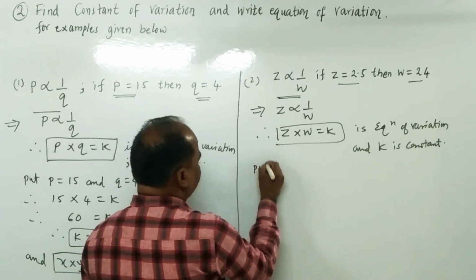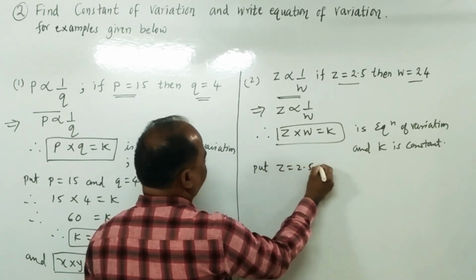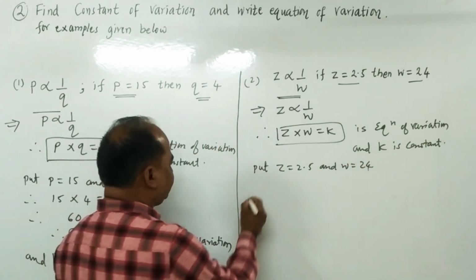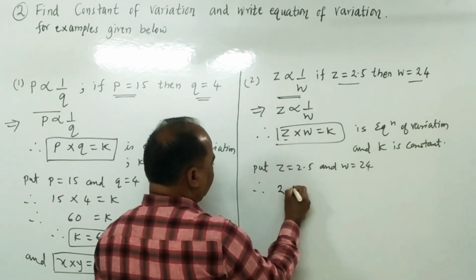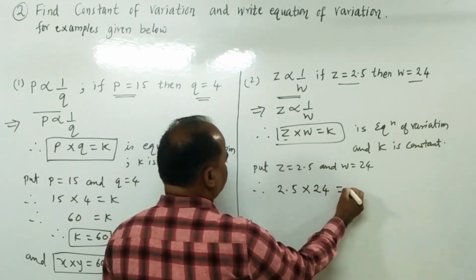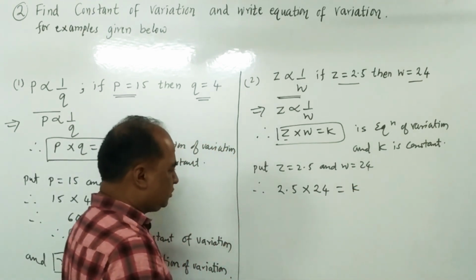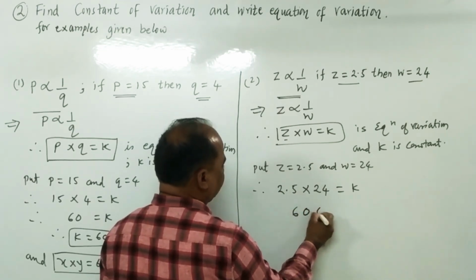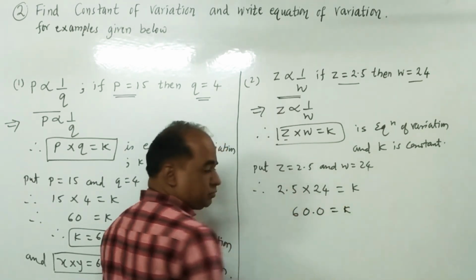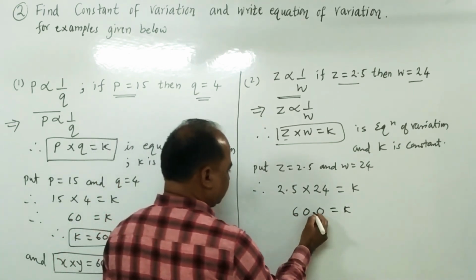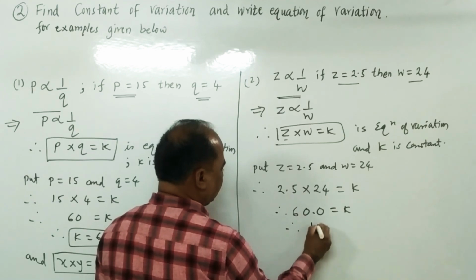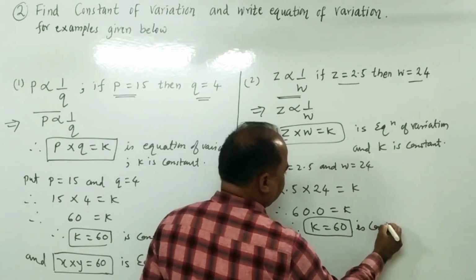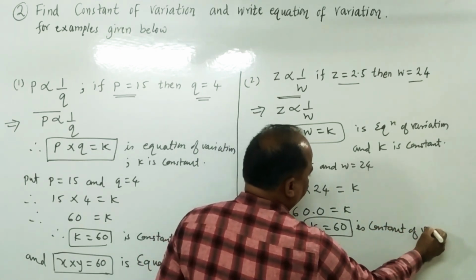Now put z is equal to 2.5 and w is equal to 24 in this equation of variation. Therefore 2.5 into 24 is equal to k. So multiply 24 into 25. After multiplying you get 600. So, therefore, k is equal to 60 is the constant of inverse variation,